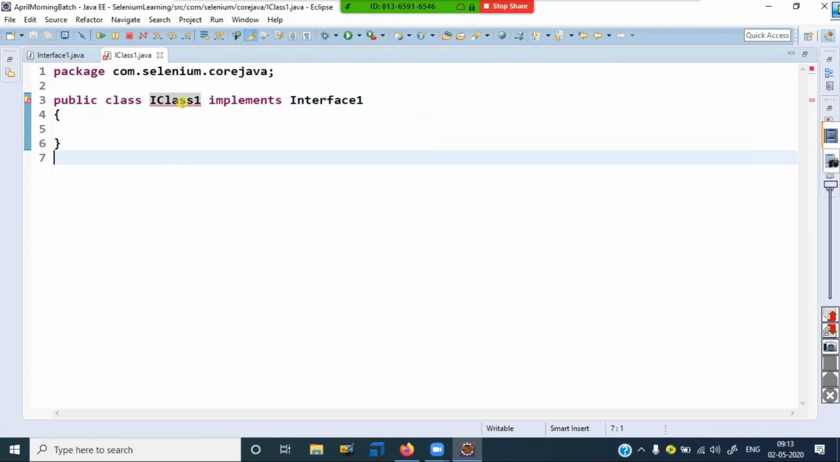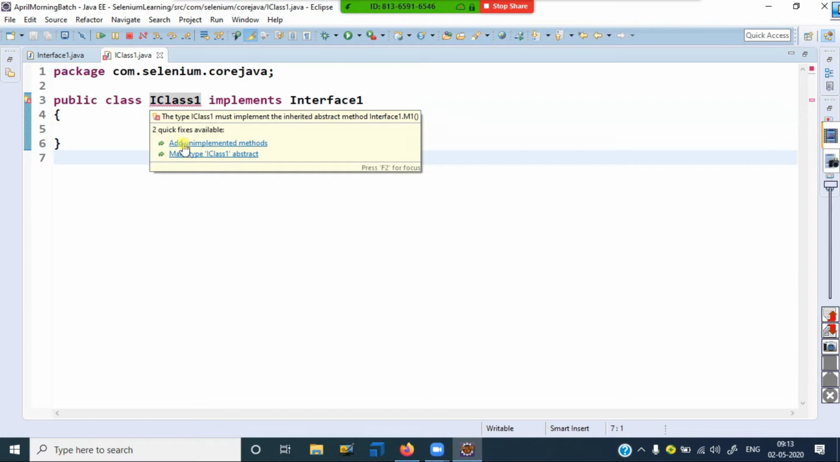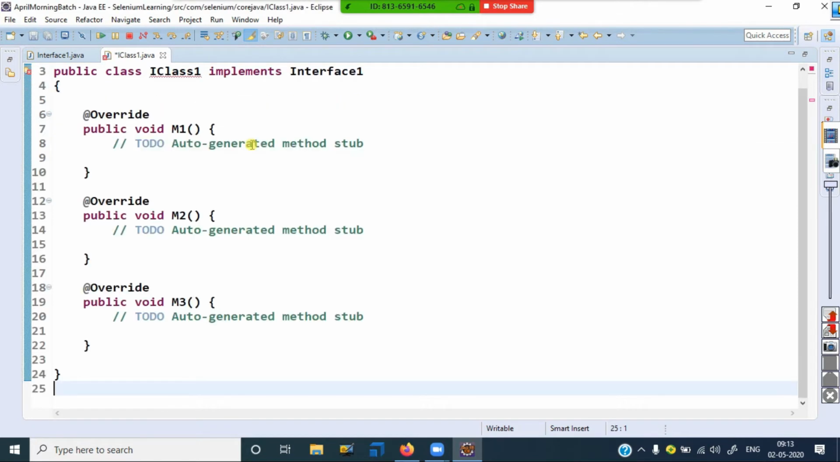Now see, keep the cursor here. Now see what it's giving: add unimplemented methods. I told you already, when we are implementing the interface, all the methods inside the interface must be implemented into the class. Just click on add unimplemented methods. Now see, one tag is coming,